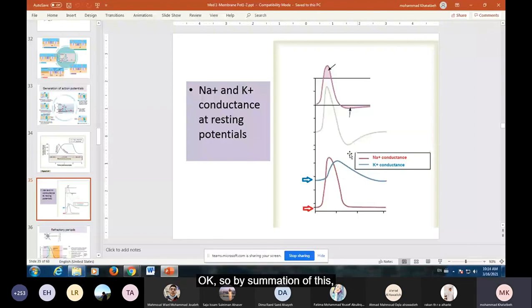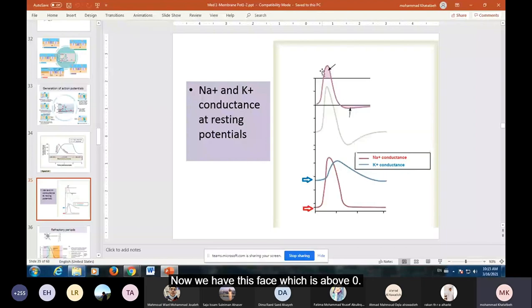By summation of these conductances, both of them are positively charged particles, but sodium is moving from outside to inside, while potassium is moving from inside to outside. At the start, we have very high conductance for sodium, but lower conductance for potassium. Because of that, the sum of the two conductances is favoring the reflection of the potential up toward plus 61